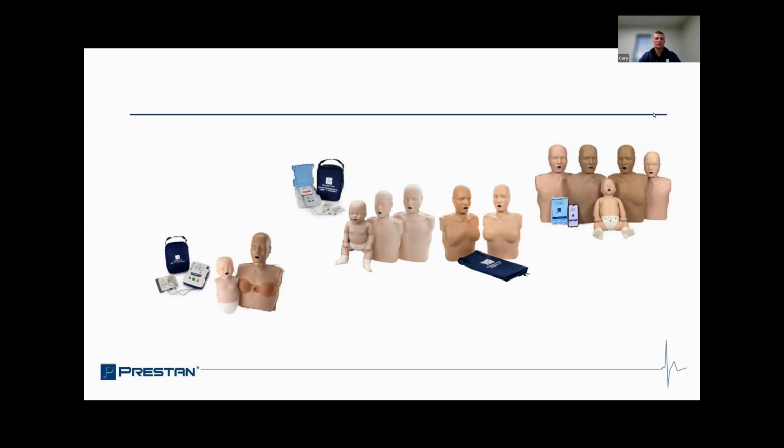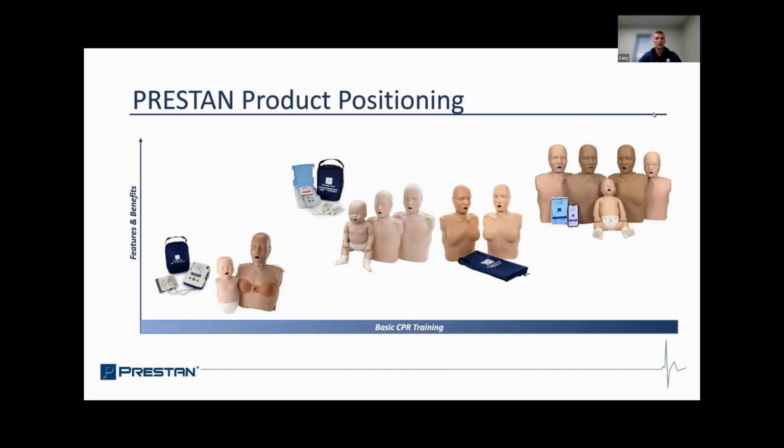With that being said, we've broken out lines here, which we'll go through. So the product positioning here, we have the portable line, which is the ultralight or Preston ultralight mannequin line. We offer an adult and also an infant ultralight mannequin. Next line we have is the professional. This is pretty much our tried and true flagship line. We have the adult professional, the child, and also the infant. And the last line here is the advanced line, which is the Series 2000 products.